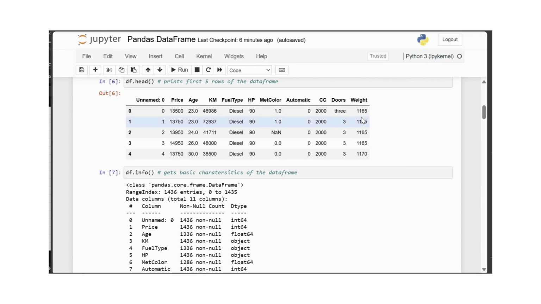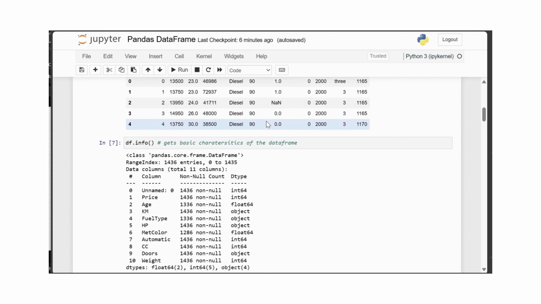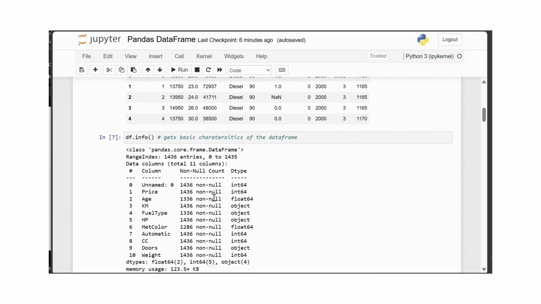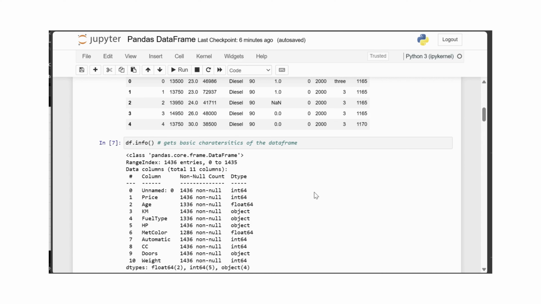Weight, the weight of the car in kilograms. Now that we have an understanding of the data and its variables, we can proceed to explore and manipulate the data frame using Pandas' powerful tools and functions. For example, we can calculate summary statistics, filter data based on certain conditions, handle missing values, and perform various data